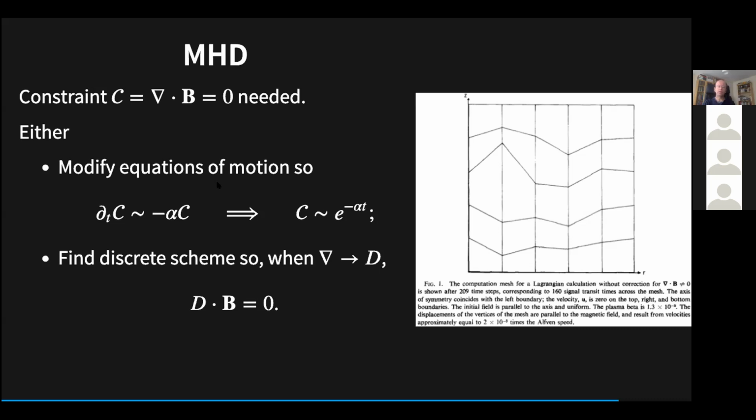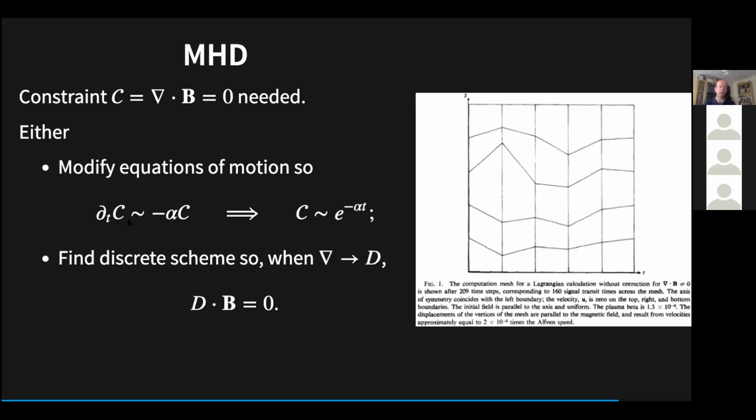This is the constraint damping approach, where we add the form of the constraints to the equation of motion in such a way that when we compute the equation of motion for the constraint itself, which is of course going to be implicit in the equations of motion because the constraint is an operator of terms that appear in the equations of motion,